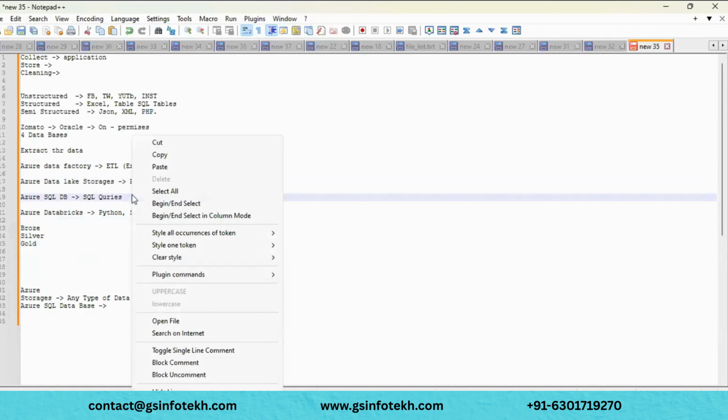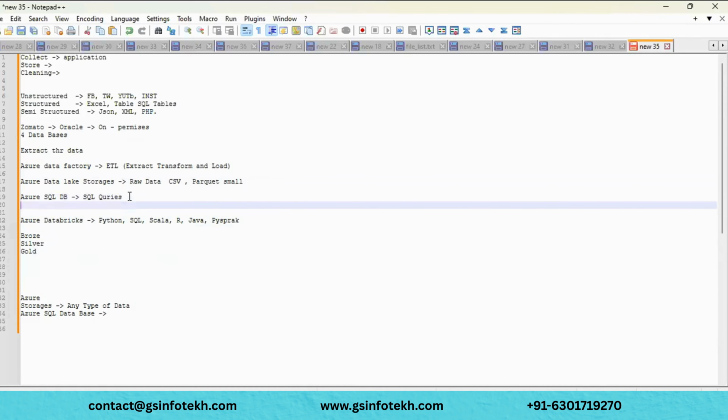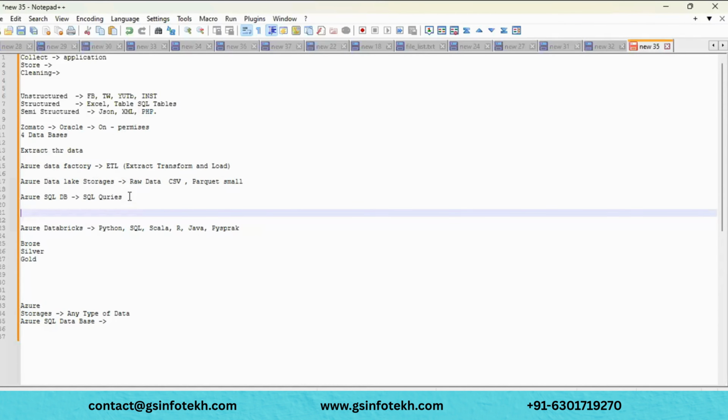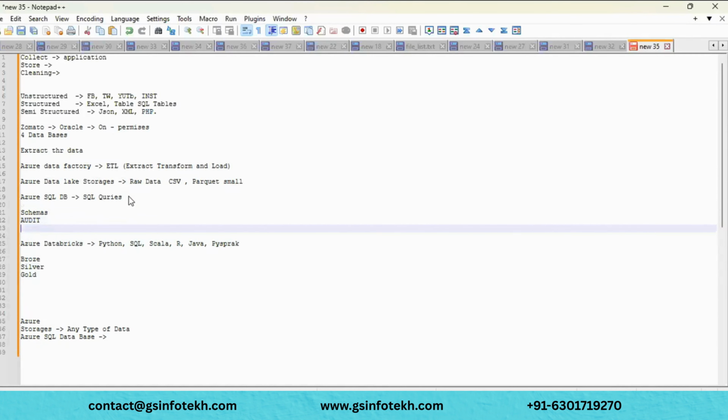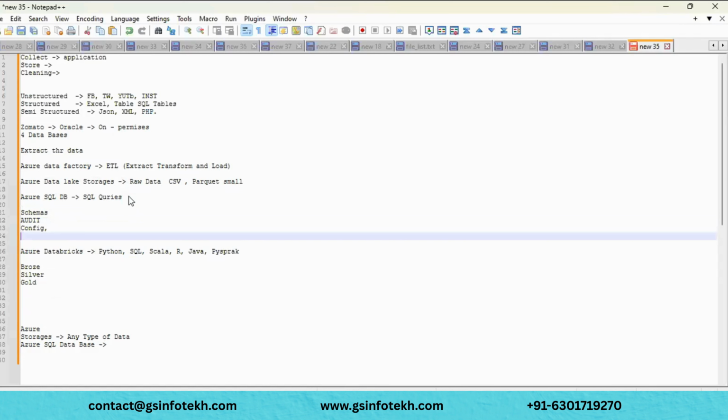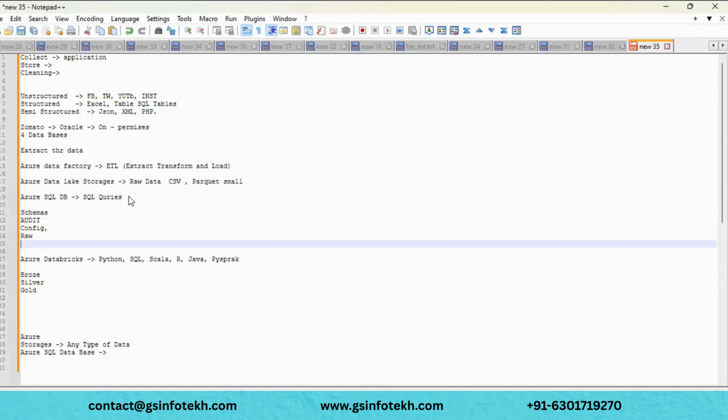And when it comes to Azure SQL Database, here we will create some schemas, whichever schema you want. We will create an audit schema for audit tables, a config schema for config tables, and you can create a raw schema, or a business schema as well.